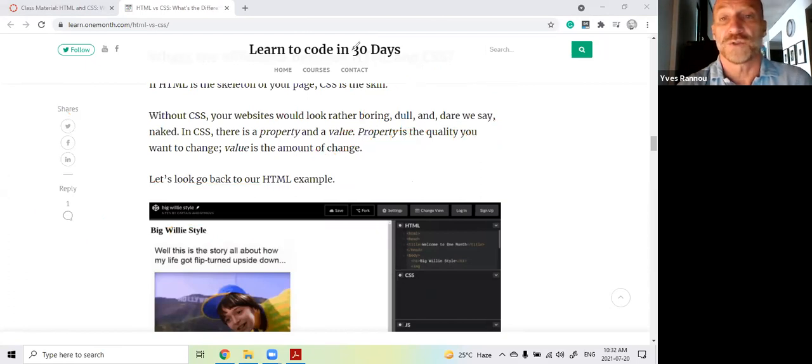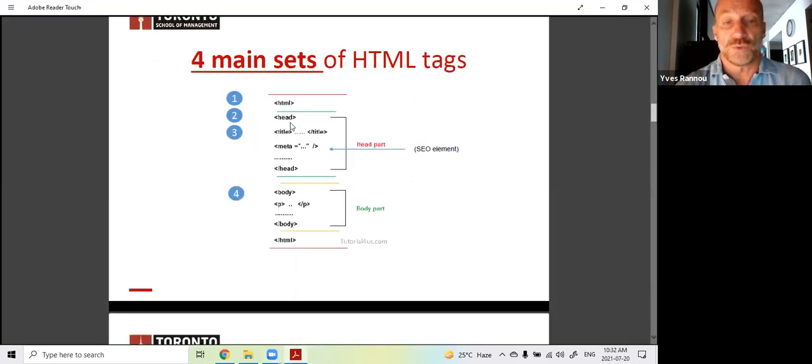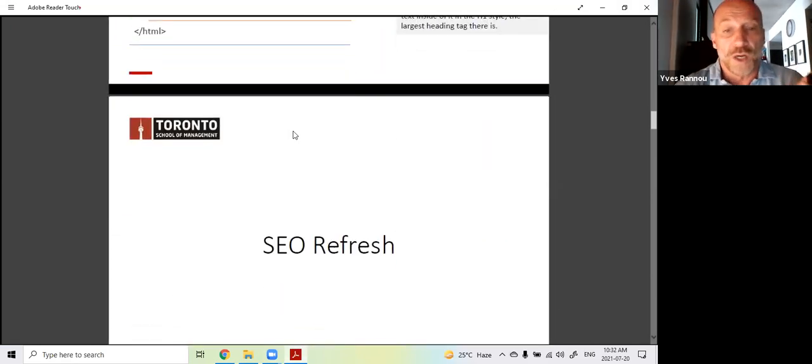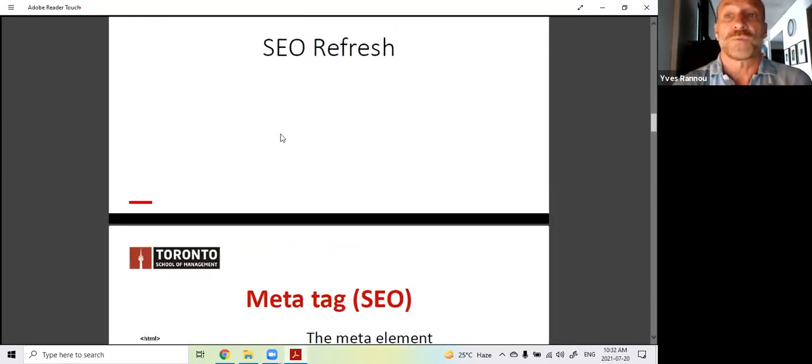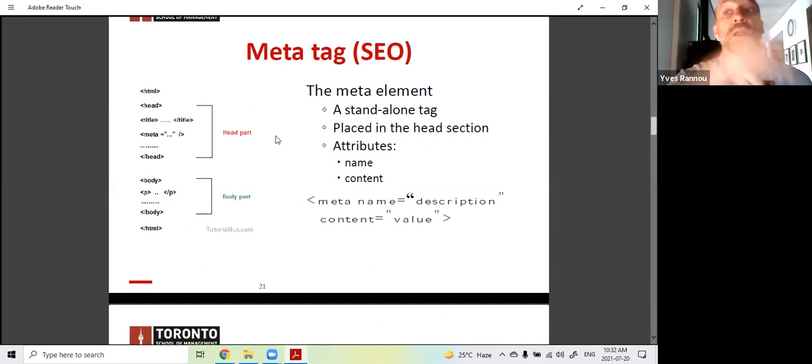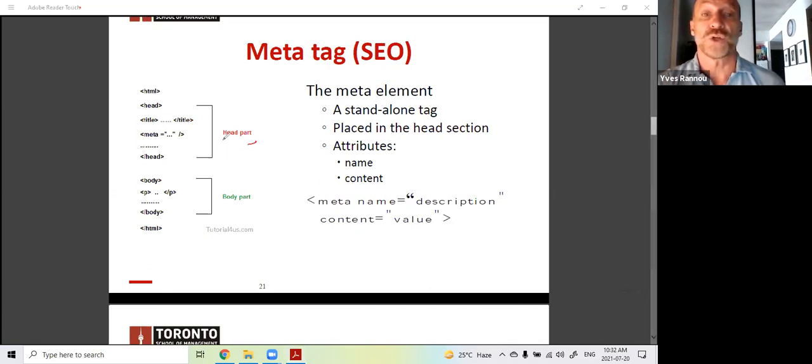Let's carry on to SEO refresh. And then we're going to go back to the code and you'll be able to do some editing in your code. For SEO, search engine optimization, we remember that our head was where you would see most of